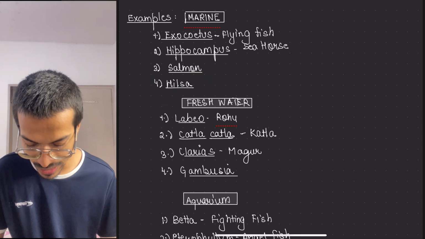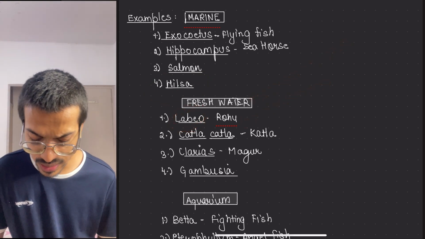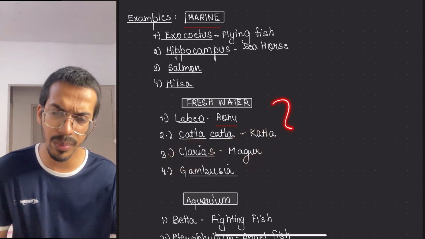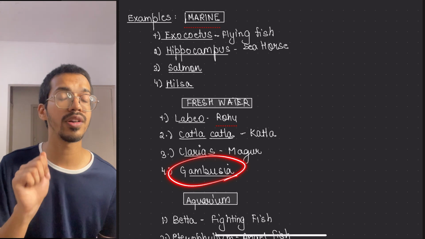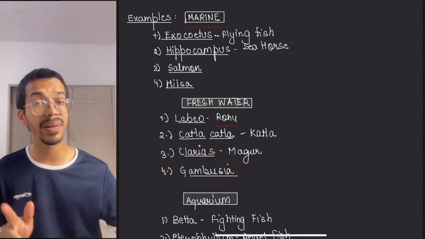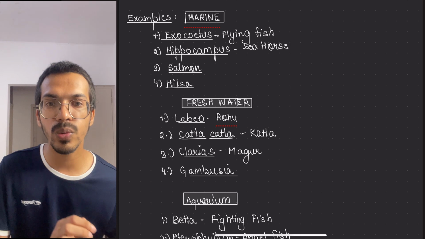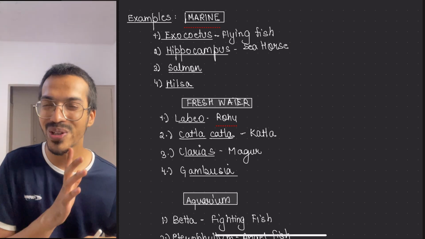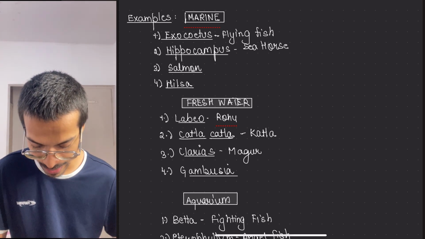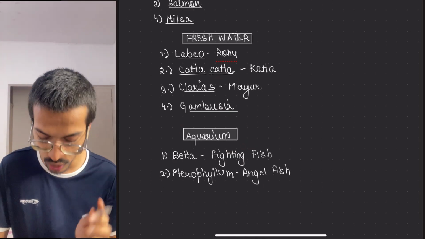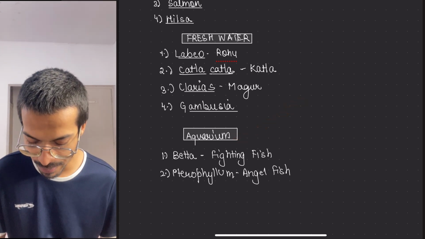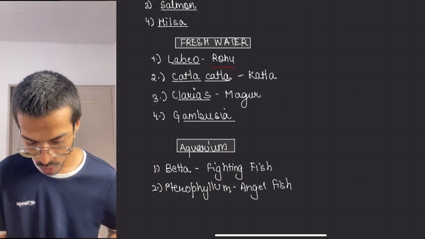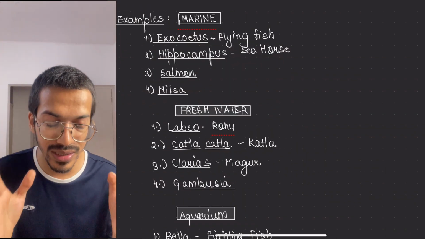Okay, then we have freshwater. We have Labeo, commonly called rohu. Catla is called catla. Then Clarias is magur. These are the edible carps, so you can eat them. Normally people eat them. Then we have Gamusa. Gamusa is not written in NCERT in 11th class, but this example is given in 12th class. But if someone asks you in 12th class which class it belongs to, you know it belongs to Osteichthyes. Okay, then Gamusa is an example of freshwater ones. You will learn this, this will come again. Okay, then aquarium, where we put fish in an aquarium, we have Betta, the fighting fish, or Pterophyllum, which is the angelfish, which looks beautiful. Okay, that is all about this part.